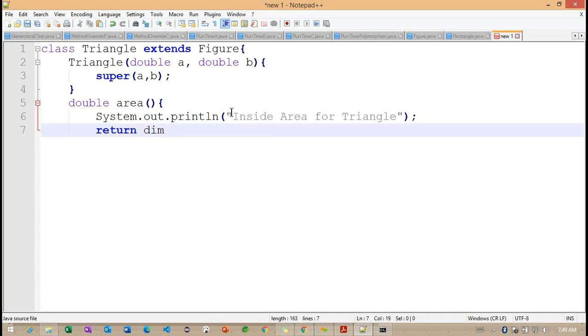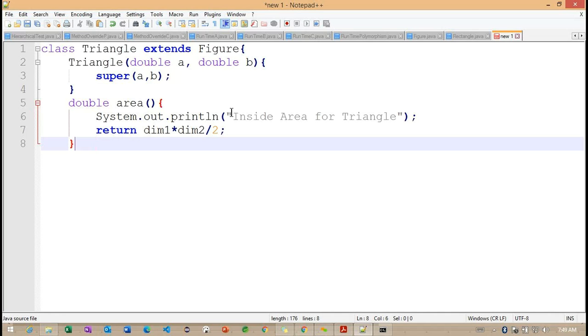Here I want to work with dimension1 and dimension2 divided by 2. So these are the three classes I'm defining here.